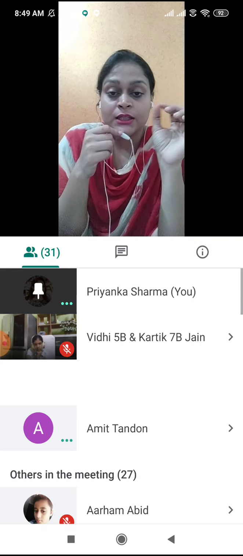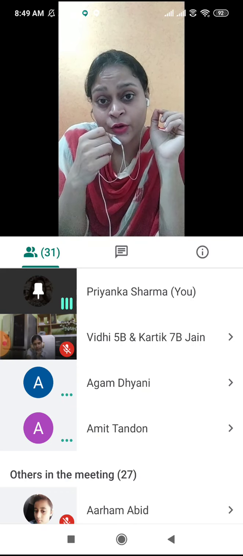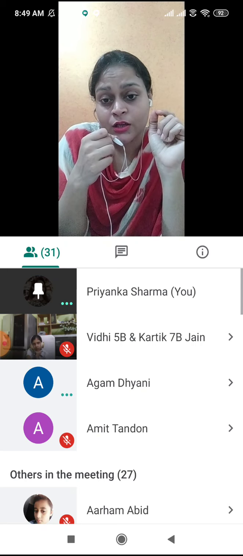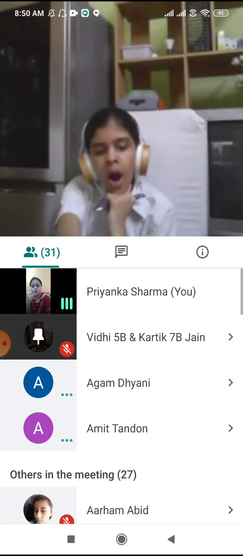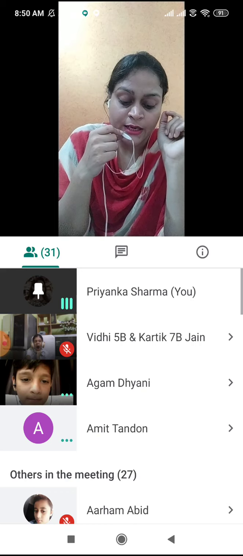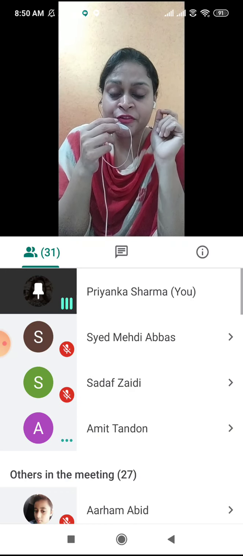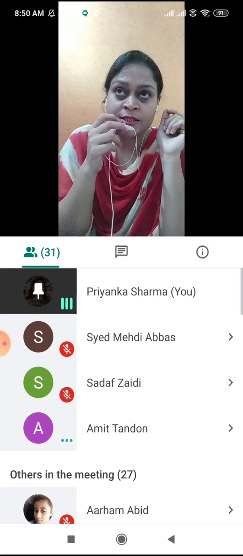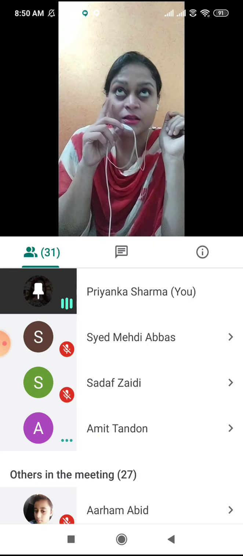The sums which I have given to you, all these types of sums we have already done. So I hope the method is clear to everybody and you all will be able to solve these sums. Alright. I am giving you only 10 to 15 minutes to solve these sums in the maths revision register before our next class starts. Alright?